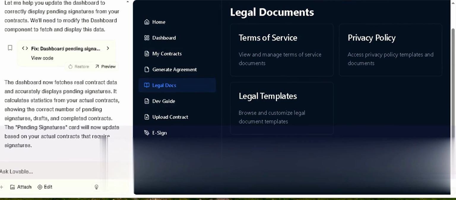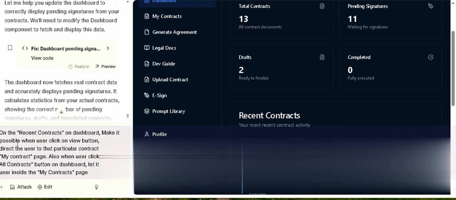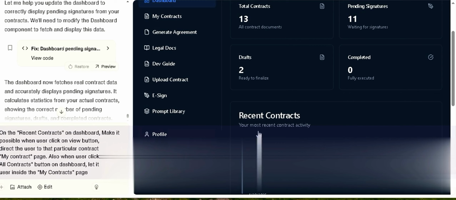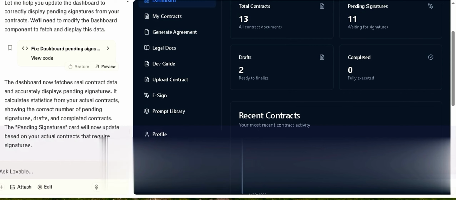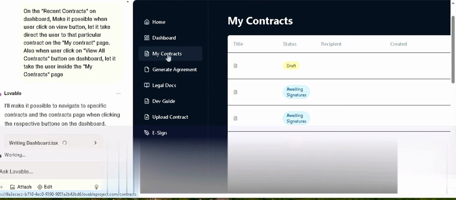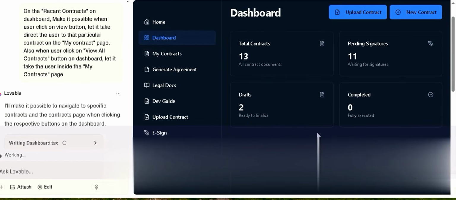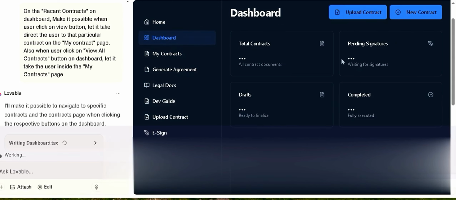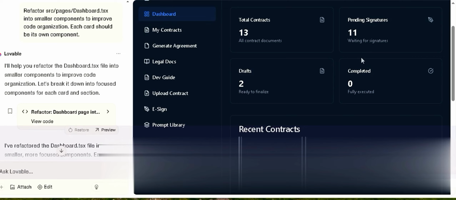So let's go. So yeah, this is the prompt I've given the AI. So let it implement these things. So let's see. It's taking us here. So we want the button to take us to this place, right? Then view, it's taking us here also. So I want it to take us to this place. That's what we're going to do. So right now,